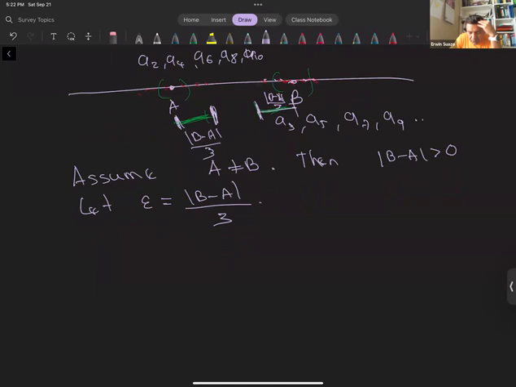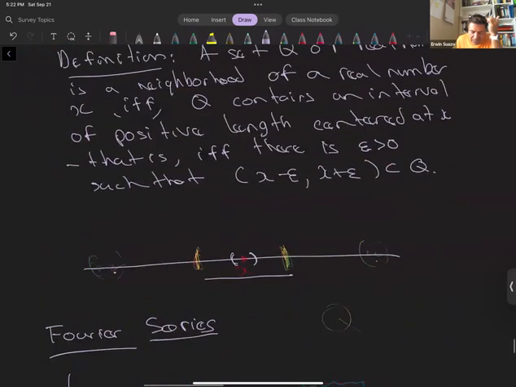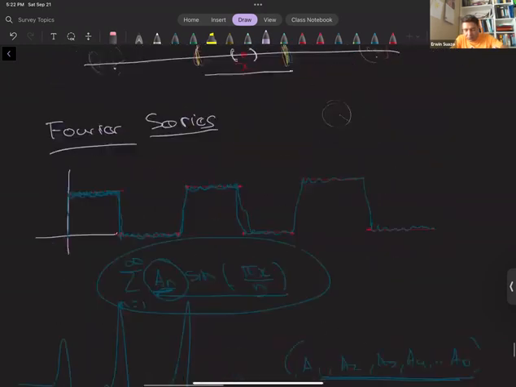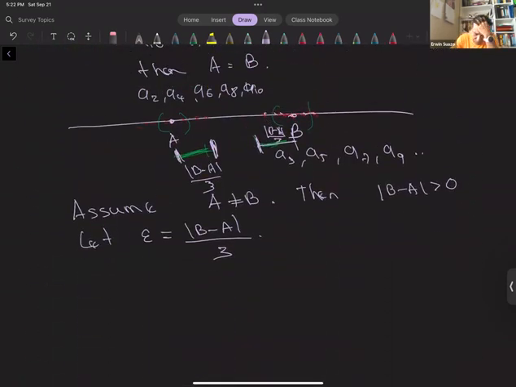So we do the following. This is your epsilon. Okay. So by this lemma, I think we're going to use this lemma: each neighborhood of A contains all but a finite number of terms in the sequence. Okay, so by my lemma,